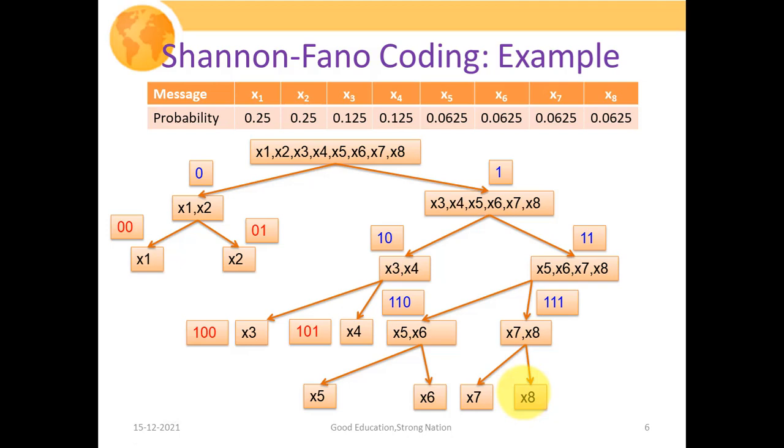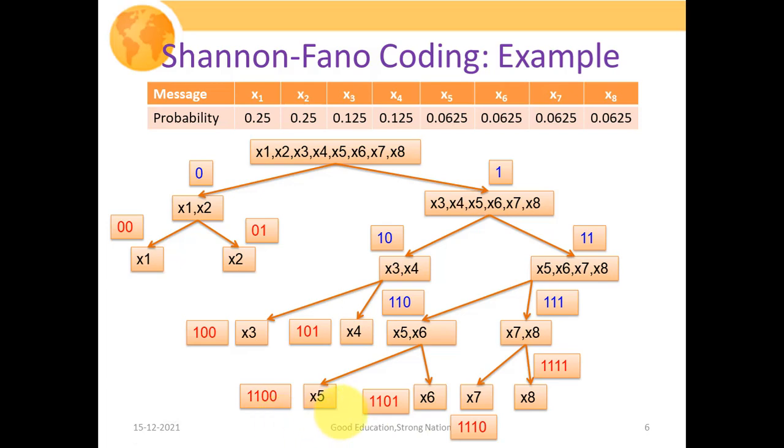So we have to use the same prefix thing. For x7 and x8, its root subset is this x7 x8, and the code associated with it is 111. So we have used this 111 as a prefix for x8, and for x7 also we have used the same prefix 111, and for x7 we have used this 0, and for x8 we have used this 1. In the similar fashion, for x5 and x6, the code associated with its root is 110, and we have again put this prefix 110 for x5 and x6 also, and for x5 we have assigned this 0 and for x6 we have assigned this 1.